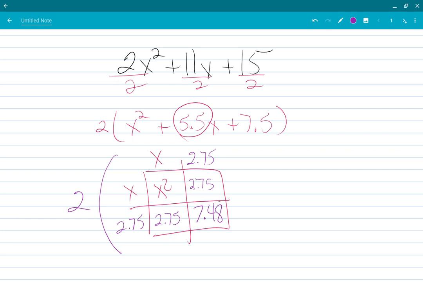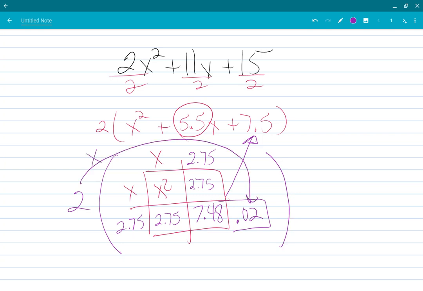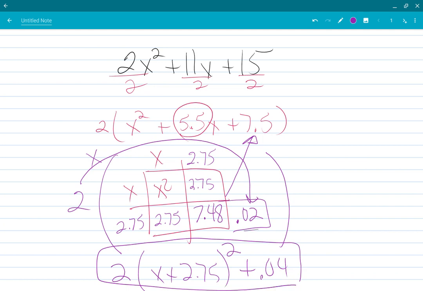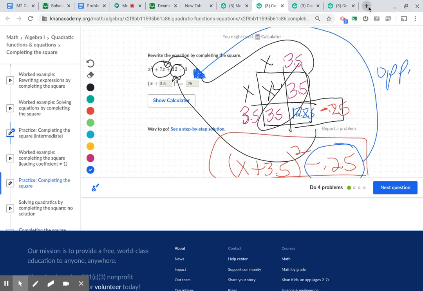Okay. All right, now we're going to... This is the wrong number. We need to make it 750. So how much do we have to add? How many pennies? 0.02. Yeah, 2 pennies, right? But we're going to multiply them by what? 2. So we're really going to say 2 times x plus 2.75 twins plus 4 cents. Right? Because we multiply 2 cents by 2 and got 4 cents. Yeah. Now, let's see if on Desmos,